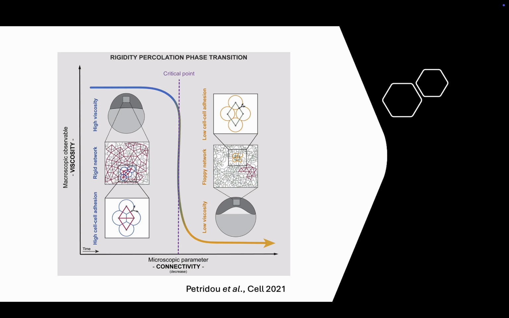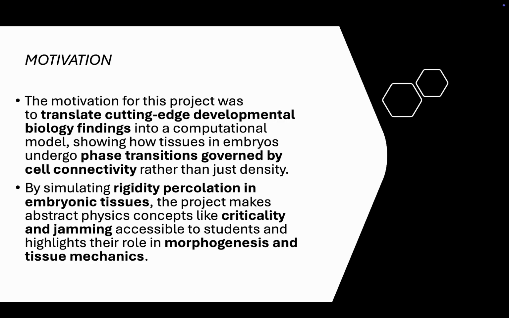between order and disorder. This work was largely inspired by the seminal work of Petrudo and others published in Cell in 2021, and here we can see that there exist critical points that prompt tissues to choose their viscosity and go from high viscosity to low viscosity, as well as change their cell connectivity, that is, the number of cell-to-cell